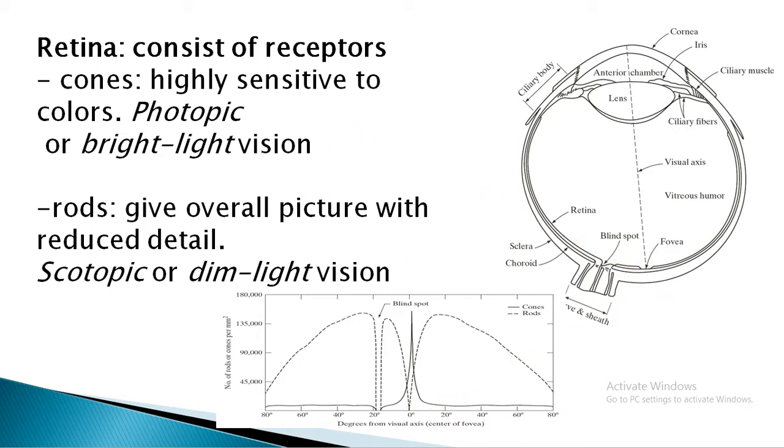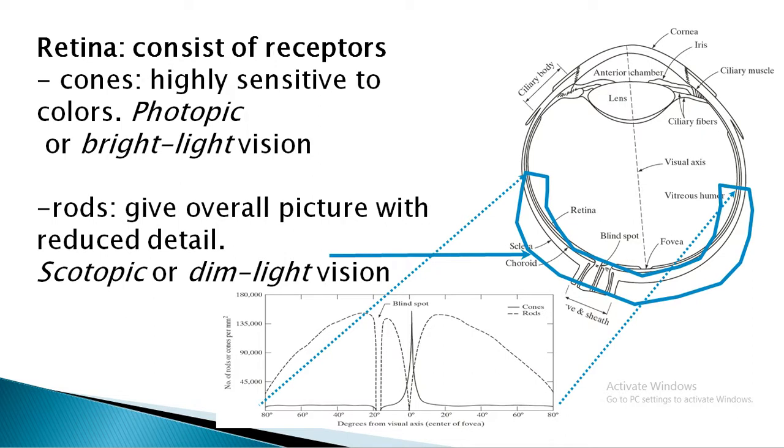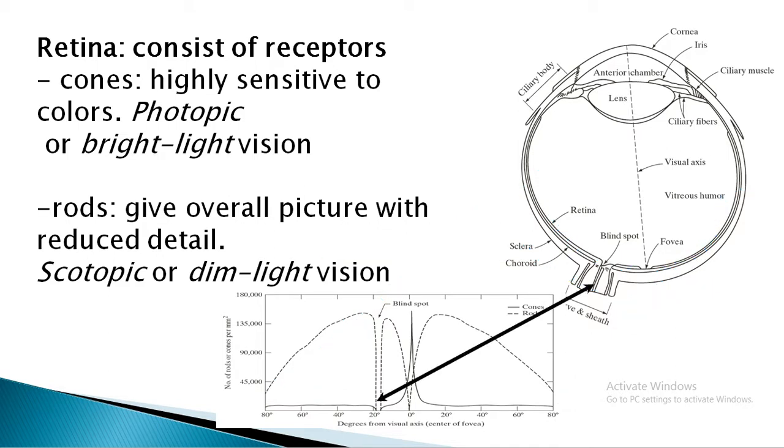Next, the whole region you can see in blue is the overall picture detail, and this is called scotopic vision. And the next very important thing you have is the blind spot. How is this blind spot produced? It is produced basically because we cannot see anything in that region. Whatever you can see here, the black arrow, these are the blind spots of the eye.